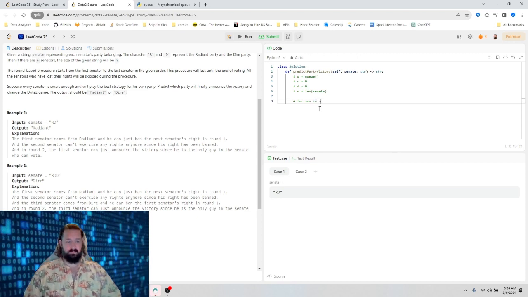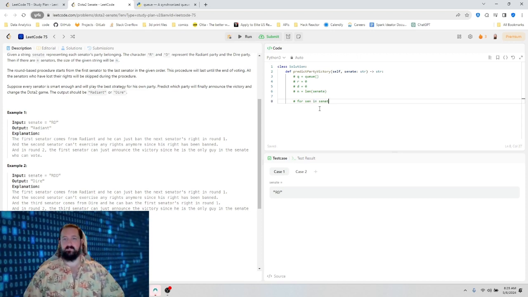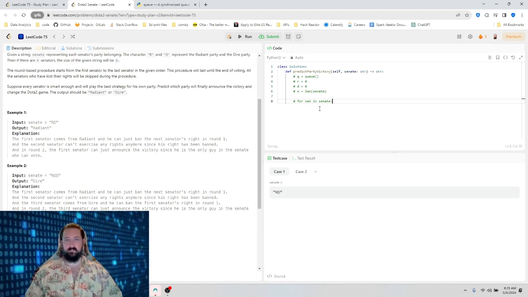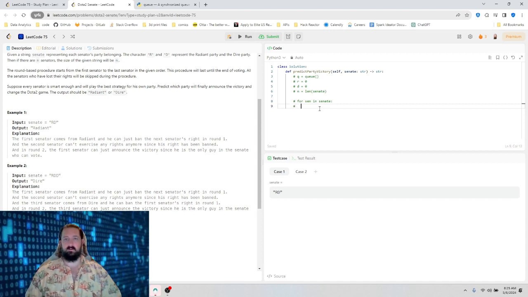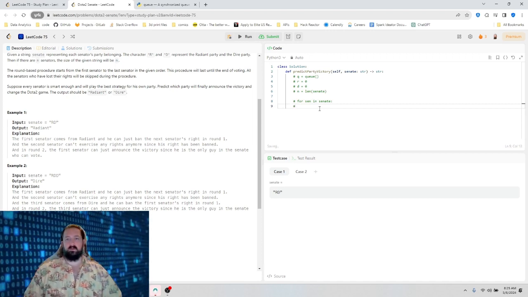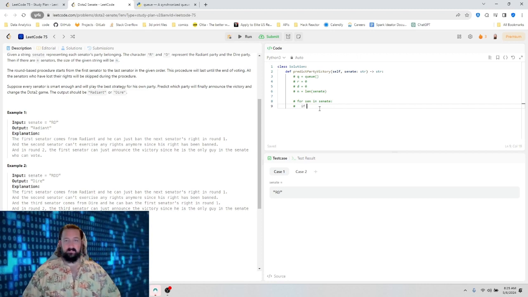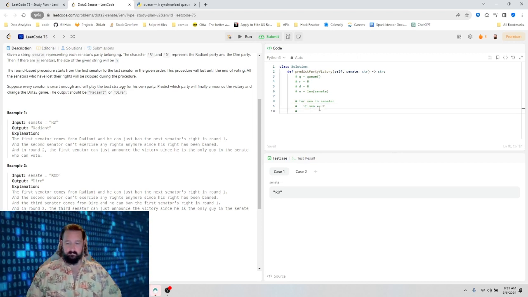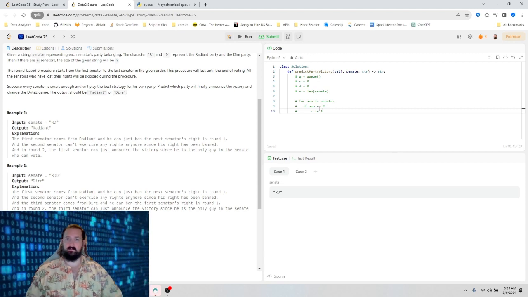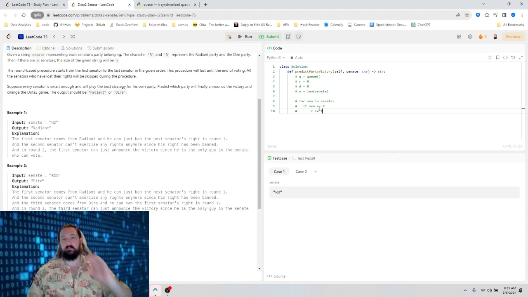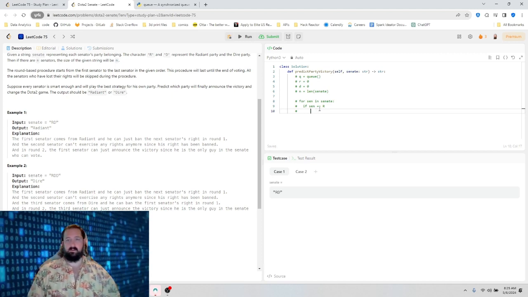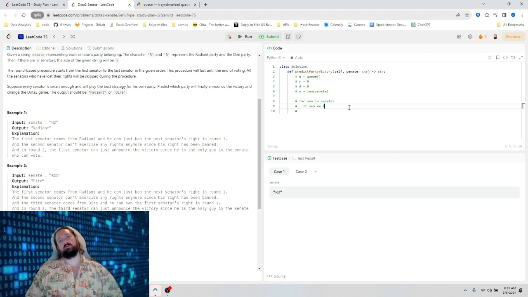For sen in Senate, we'll go through each of the senators. And we'll go, if sen is equal to R, then R plus equals 1.